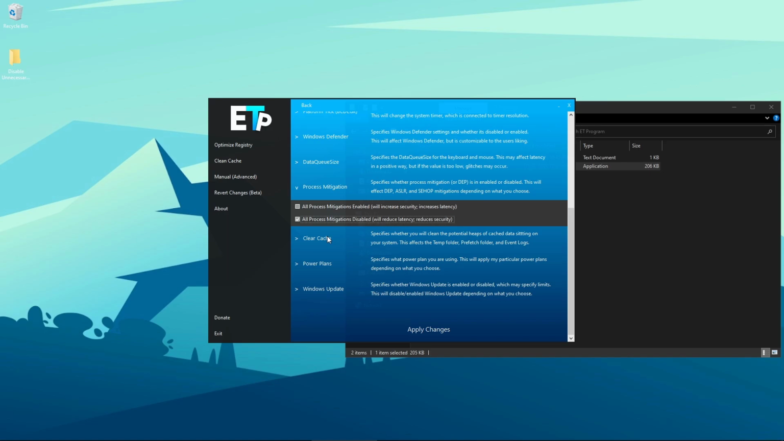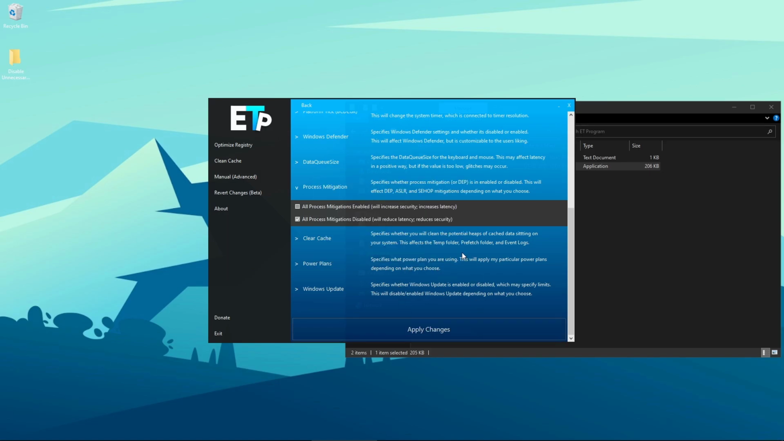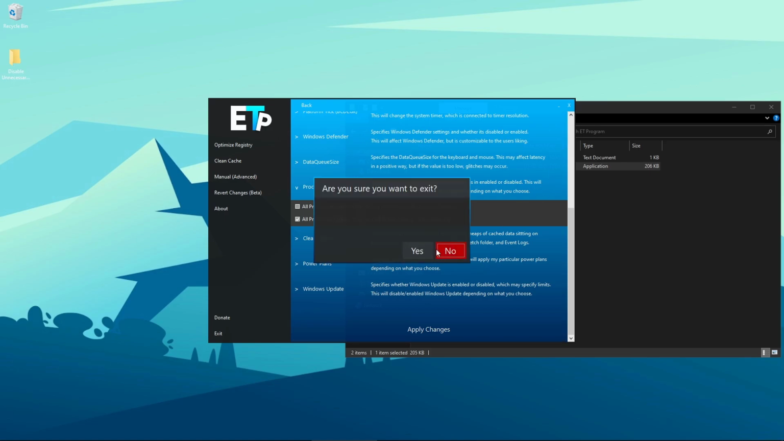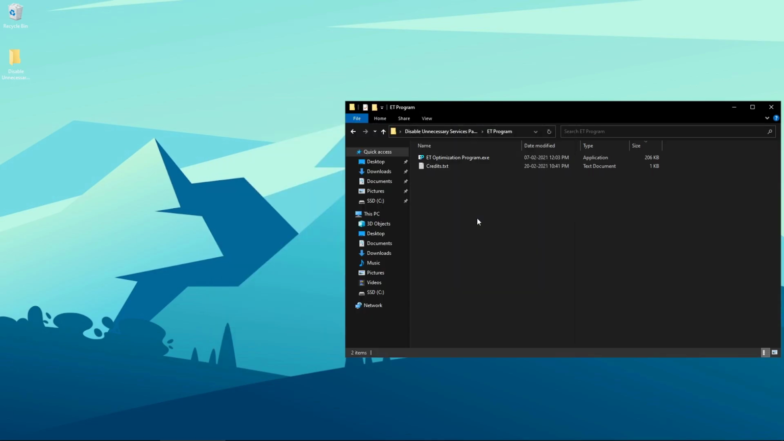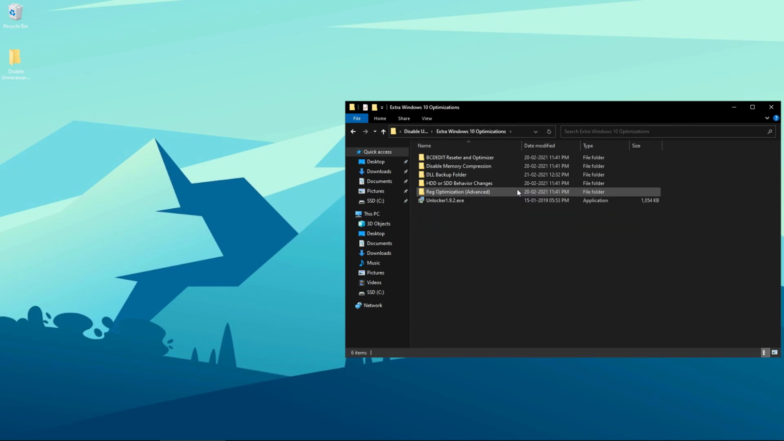But I highly recommend you do this step for lower end PC and mid end PC, because it will significantly boost your performance and lower latency. Once you've done this step, click on apply changes, click on yes, click on OK and now exit from the program. Once you have done this step, go back and now double click on the extra Windows 10 optimization folder,